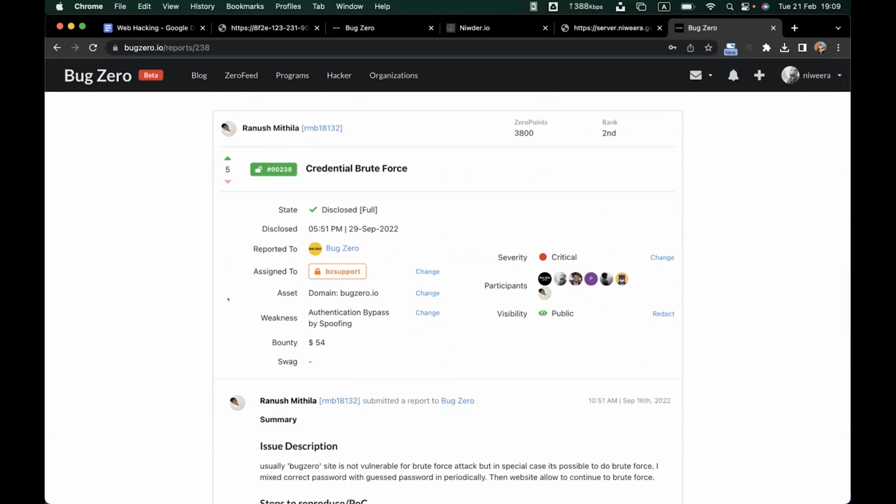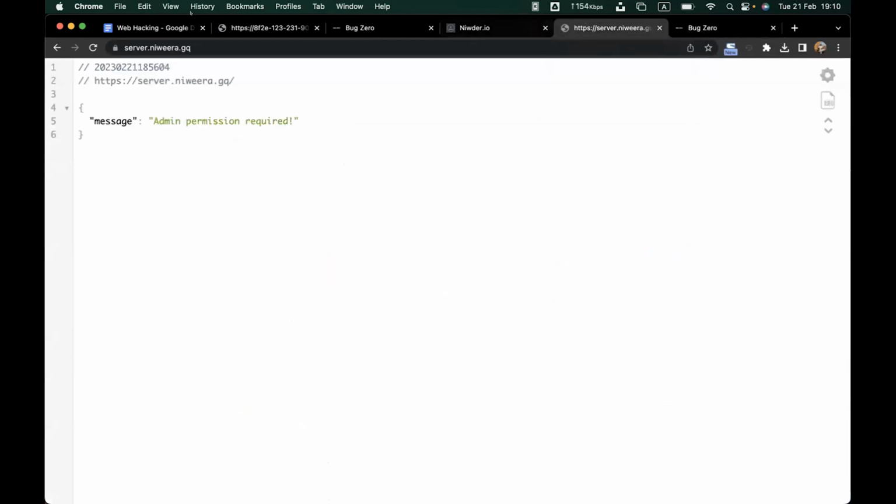So that's it for the demo of Bugzero. I will move on to a live demonstration of how we are going to find vulnerabilities in a live system, and then how to exploit that vulnerability, and then I will give you some ways to mitigate it. So first I will test that my servers are okay.